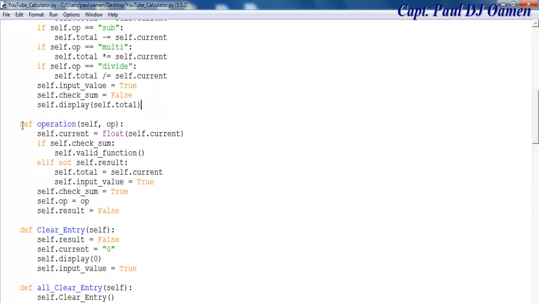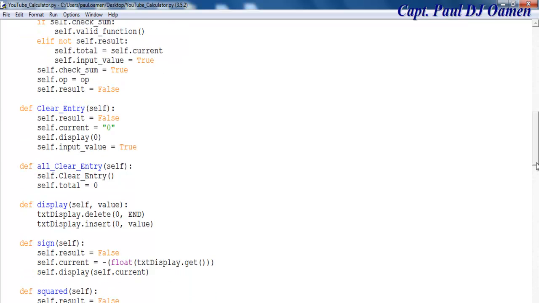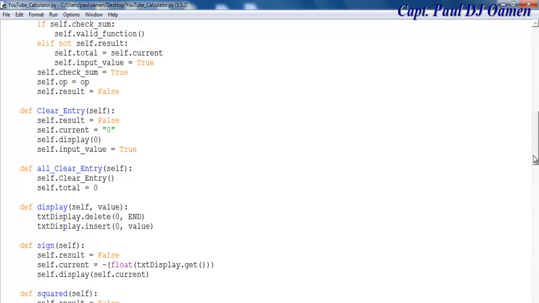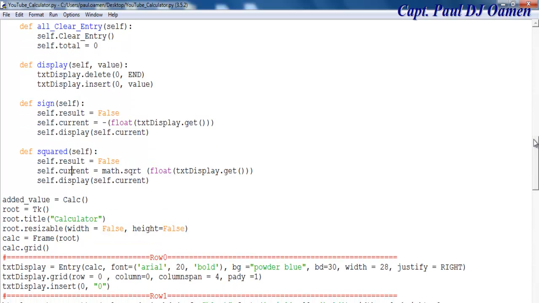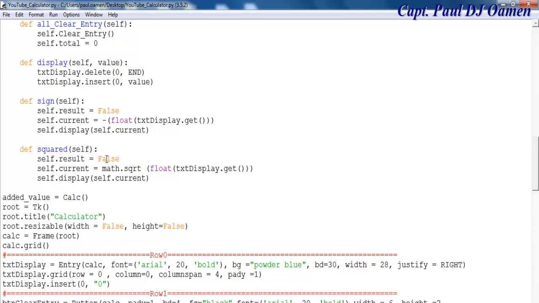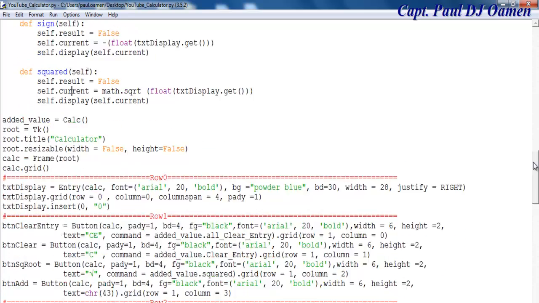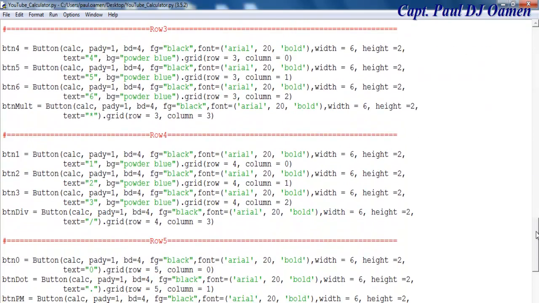And the other functions you saw earlier are for clear, display, that's to delete, and here we have the plus and minus as well. Okay, so now what is left for me to do is I'm going to